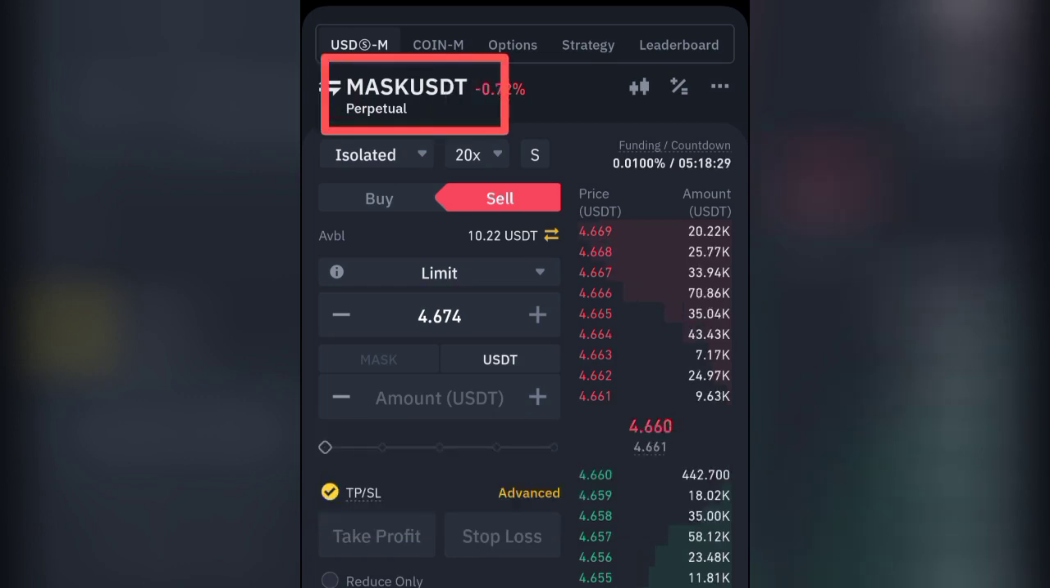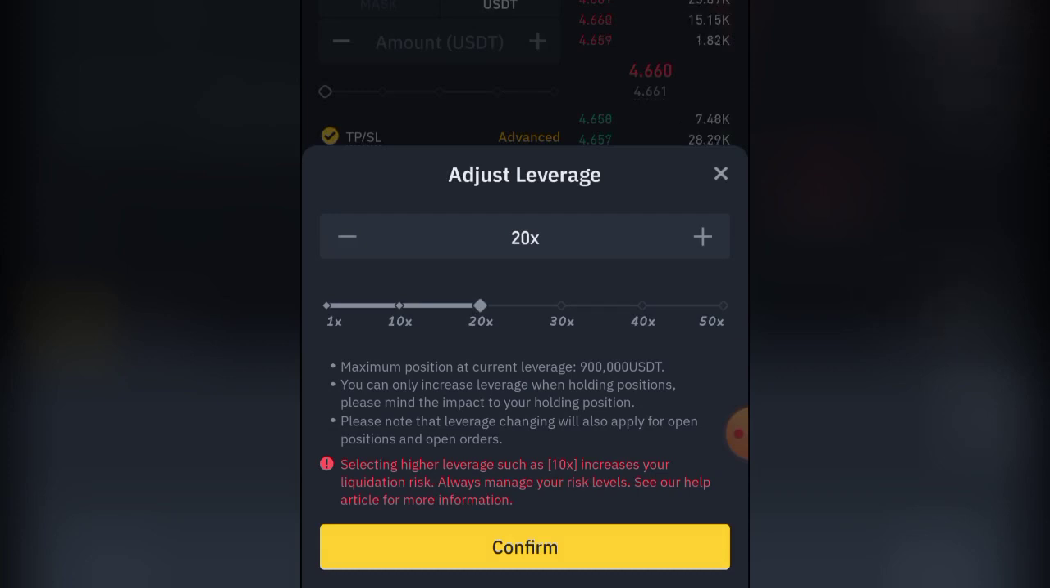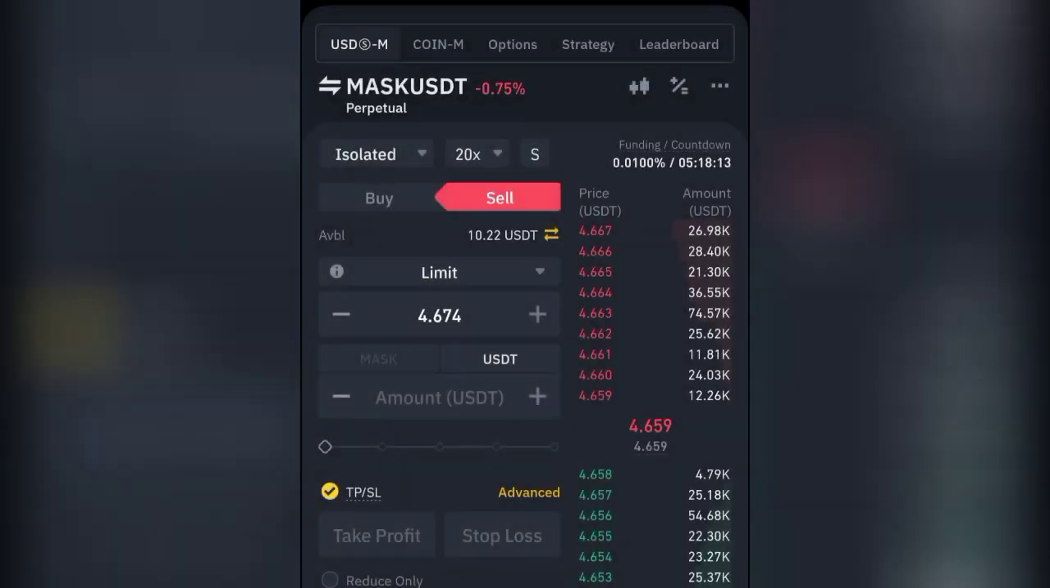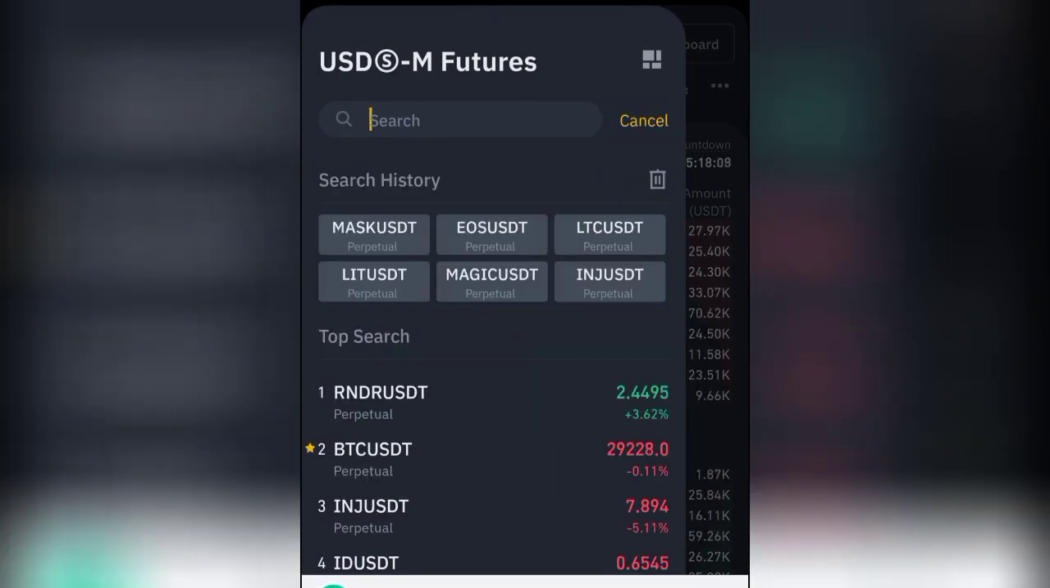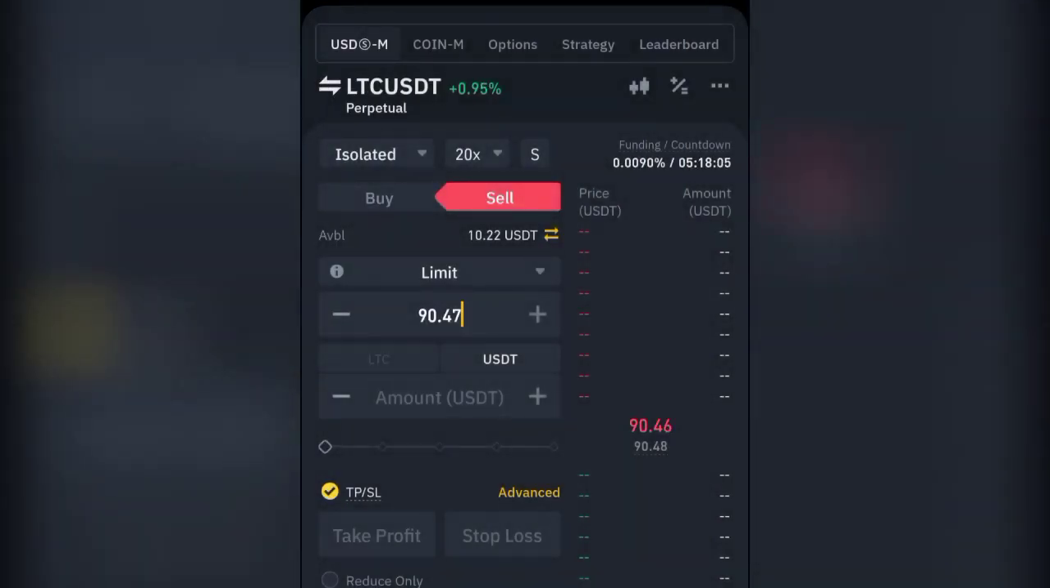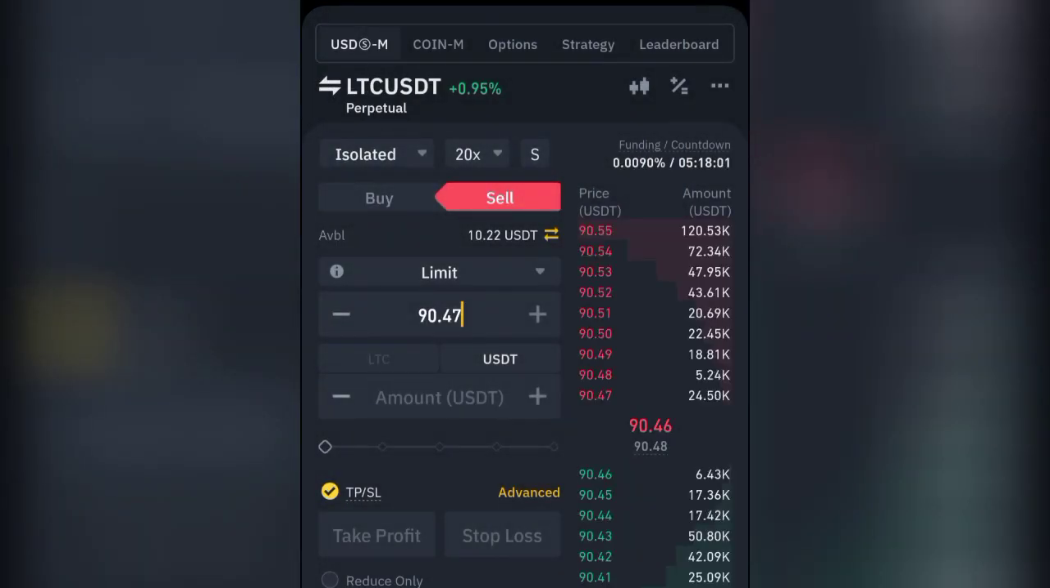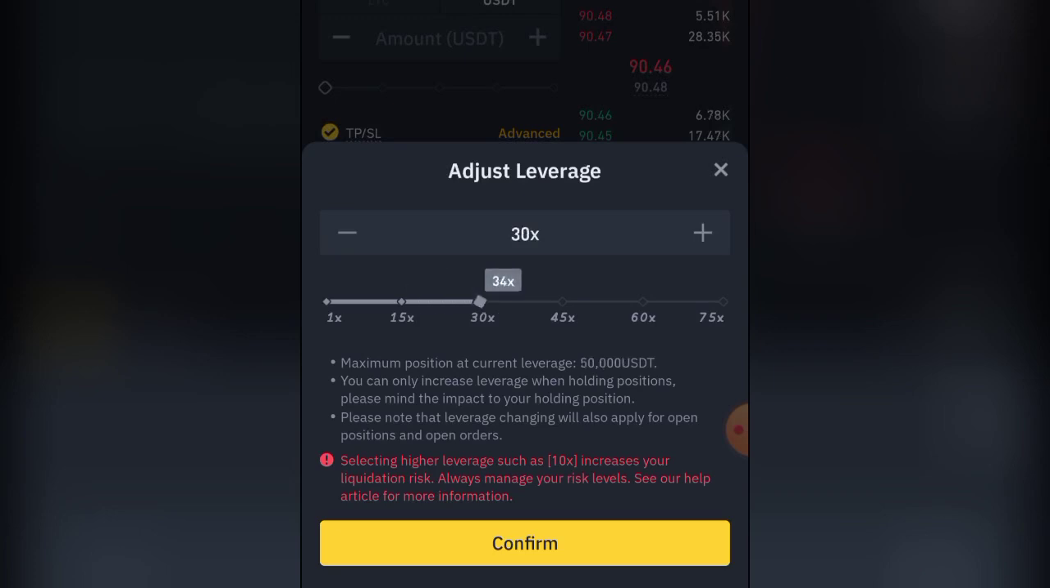Now, if you look at this pair here, this is MASK USDT perpetual. If I go to where I have leverage here, which is 20x, and click on it, you can see that for this particular pair, I can only use a maximum of 50x leverage. Now, if I go back and change the pair, let me use Litecoin here. If I use Litecoin, go to the leverage section again and click on the leverage, you can see that with Litecoin, the maximum leverage I can use is 75x,